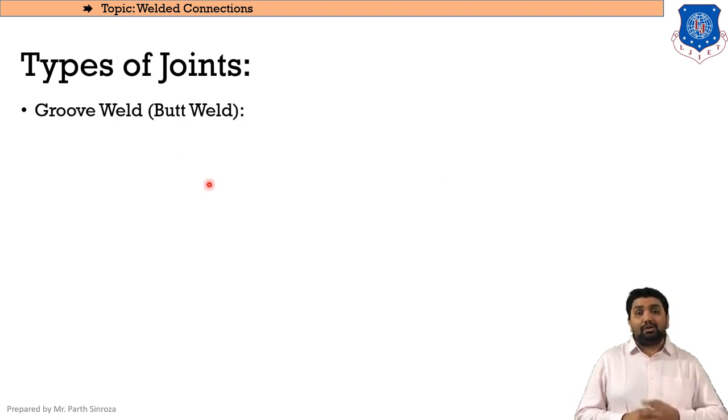The second one will be a groove weld, also known as butt weld. The basic difference between groove and butt weld, we can relate from our previous chapter on bolted connections. In bolted connections, the two basic types were a lap joint and a butt joint. Here in fillet weld also, whenever the plates are overlapping each other and we are getting a sharp edge, the edge needs to be smoothened by providing a fillet weld. Clear? So the lap joint and fillet joint are somewhat the same. The lap joint was in bolted connection and fillet is in welded connection.